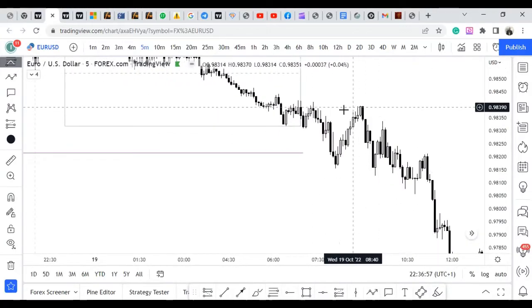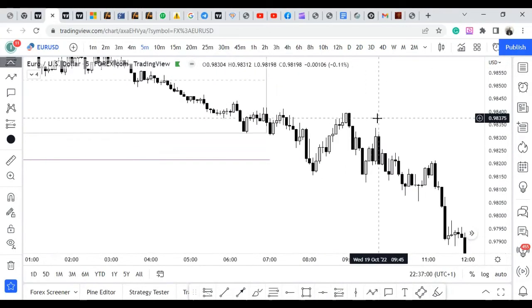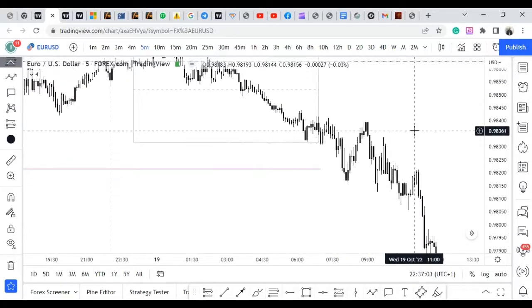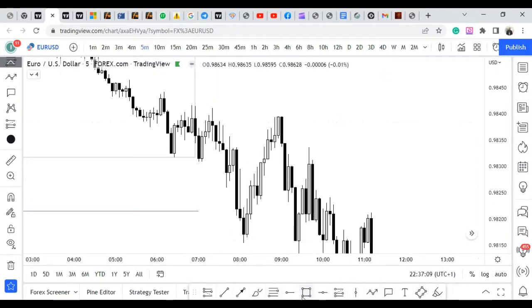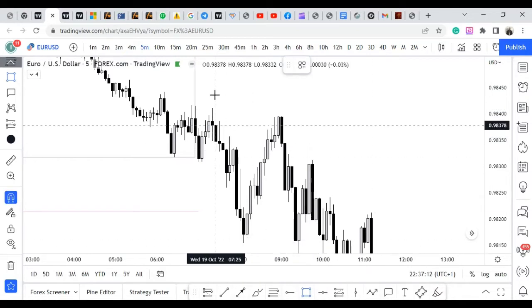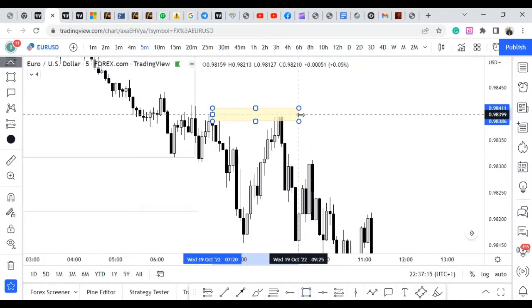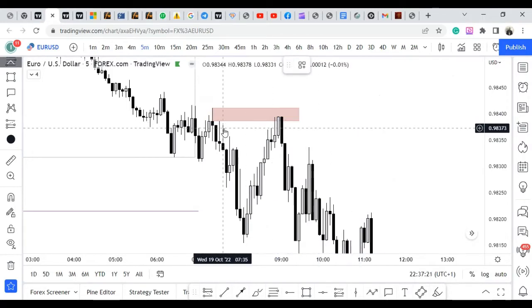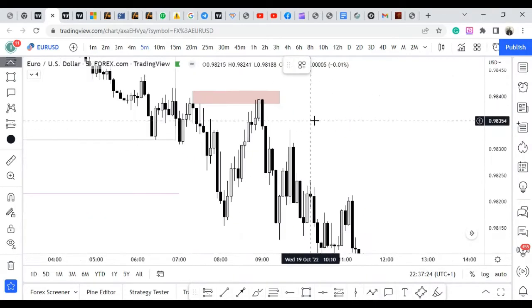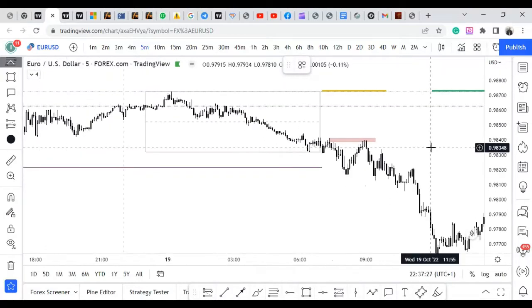So we did have this range structure forming, and then we have this zone that wasn't mitigated yet. That is where price actually reacted from, using this as liquidity inducement, and price reacted from there,